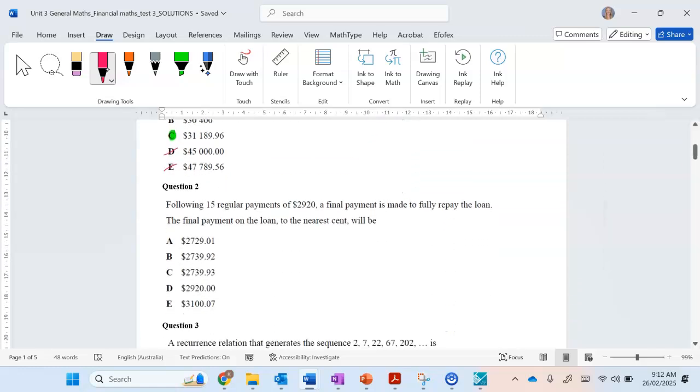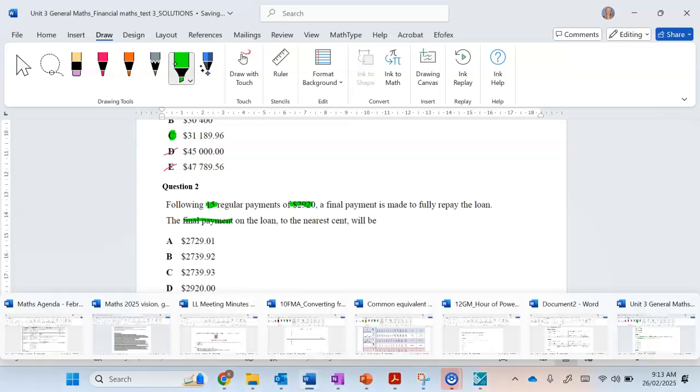All right, question 2. Following 15 regular payments of $2,920, a final payment is made to fully repay the loan. What is the final payment on the loan to the nearest cent? So we want a final payment. So this is where some students find it difficult, but just remember with your